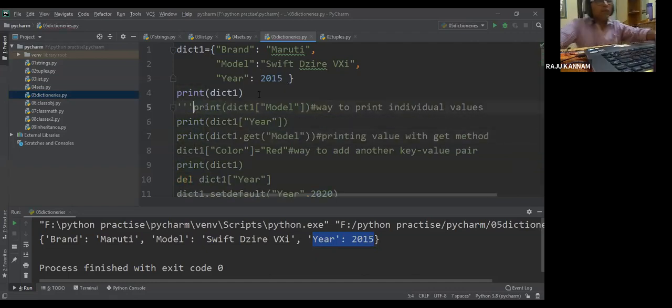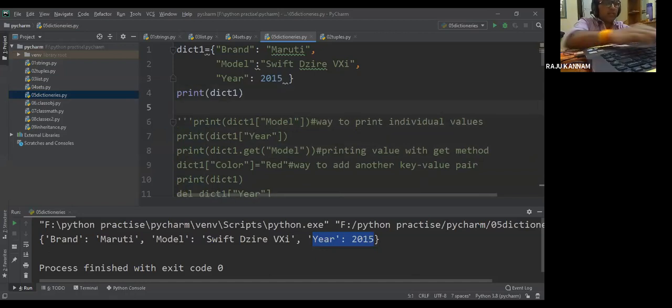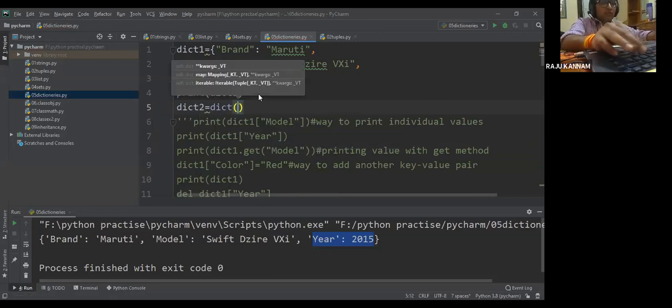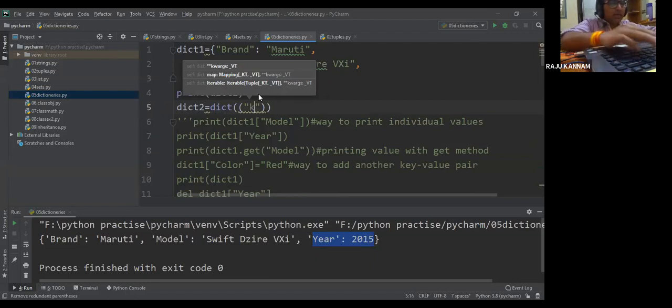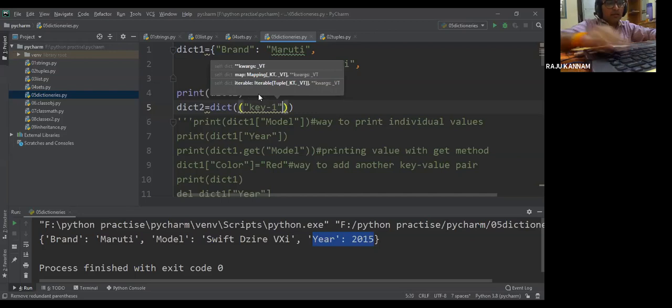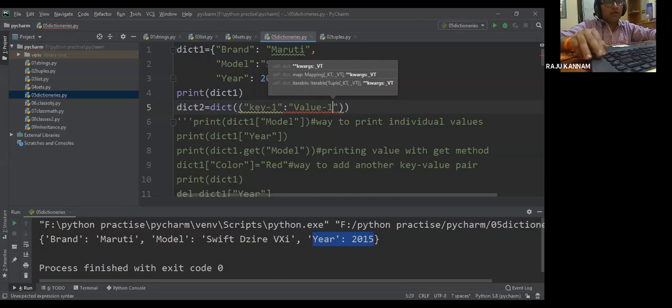Now here you can create the dictionary dict2 by using the constructor called dict. So here you can mention key value pairs. What is the key? For example, key1, its value is value1.